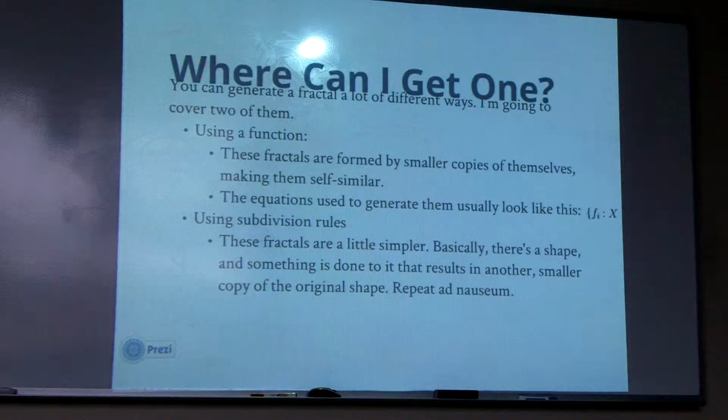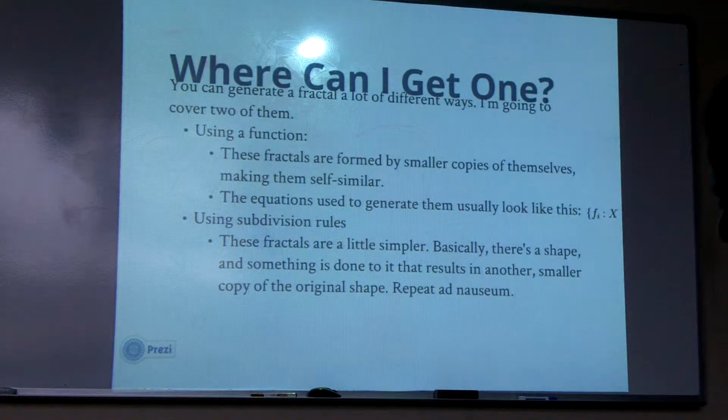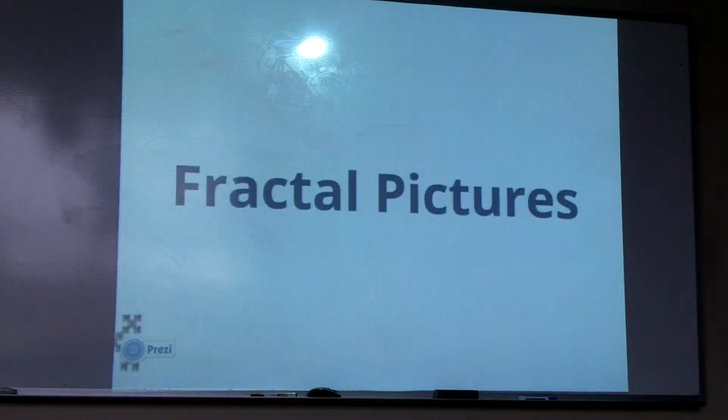Subdivision's a lot simpler, and if you want to make a fractal, I recommend this method because it won't make your head swim. So you take a shape, or two shapes, or three shapes, and you do something to that shape, and now you have more of those shapes, and they're a little smaller. And so you do the same something to those shapes, and again, and again, and again. And eventually, you end up with something like